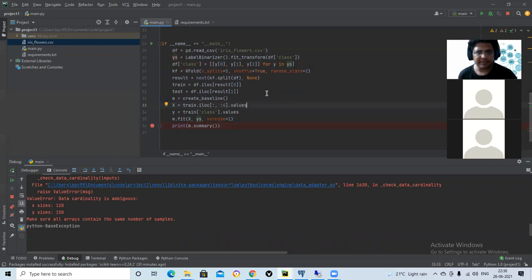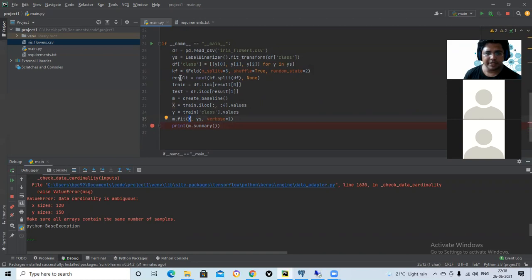You guys are getting right what is happening? The error is different. So it's simple, right? What is the size, the cardinality, of X? Cardinality means the number of items, right?